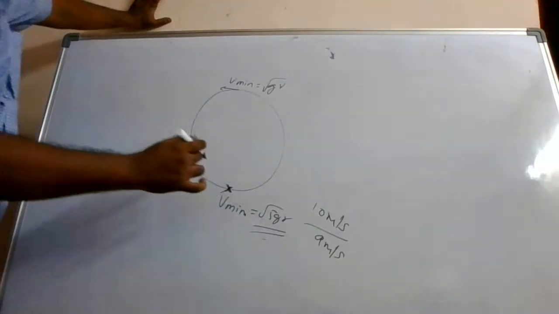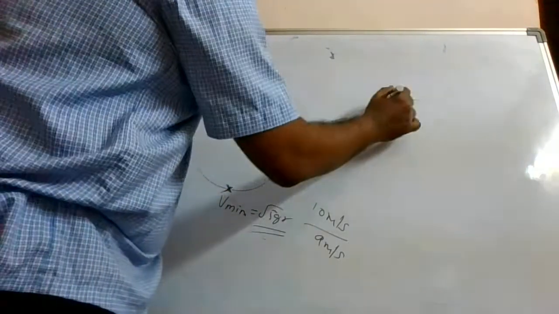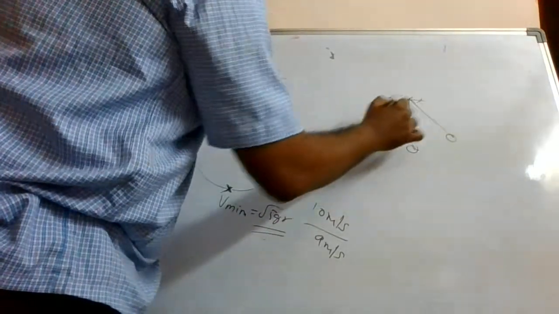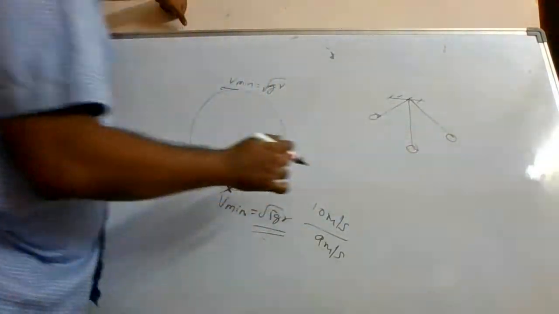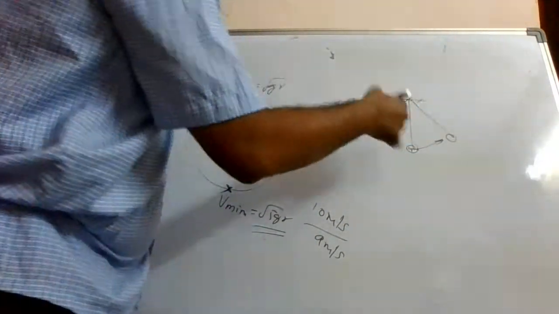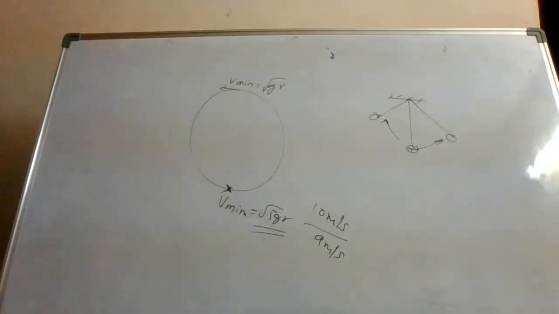Okay. So there is another condition that when you give a certain speed here, it will do the oscillatory motion. You know what is oscillatory motion? This is your pendulum, you know. What does a pendulum do? It oscillates about a point, about the mean position. Like it will go here, it will go here, it will come back and forth. You know, that type of situation. For that type of situation, what is the condition? Let us see that.